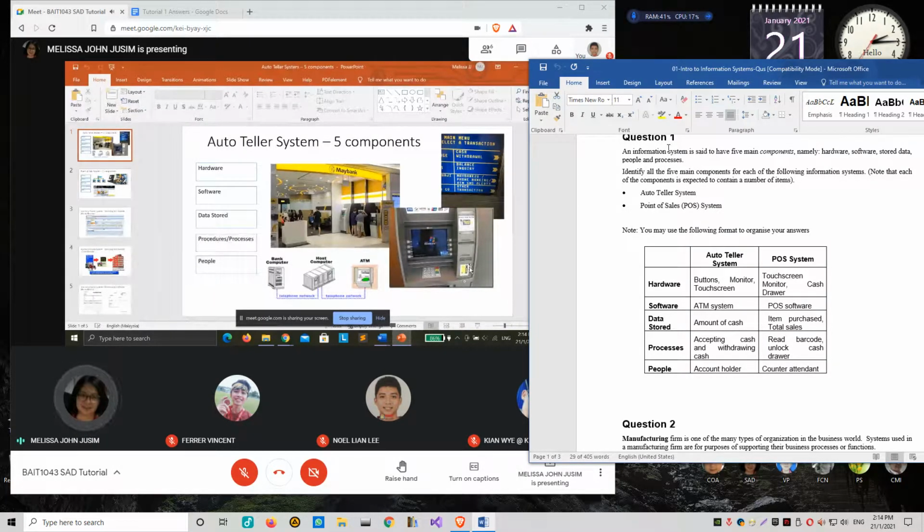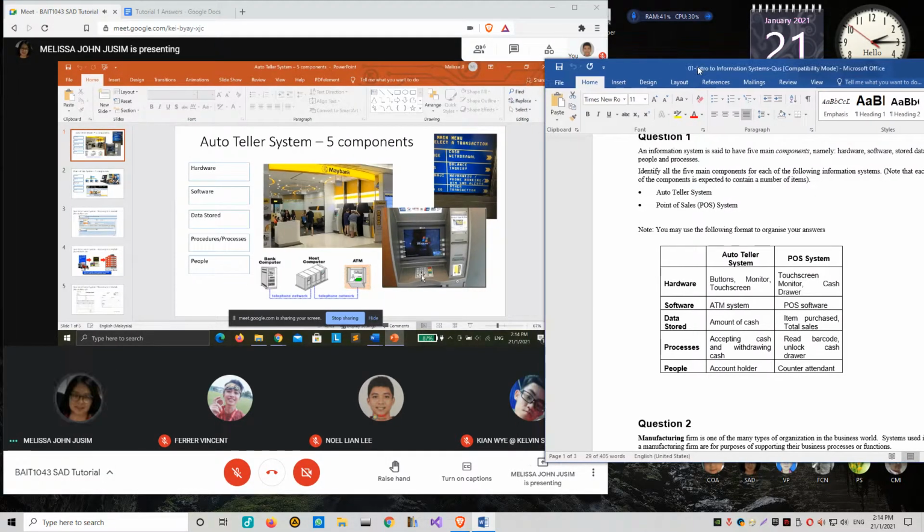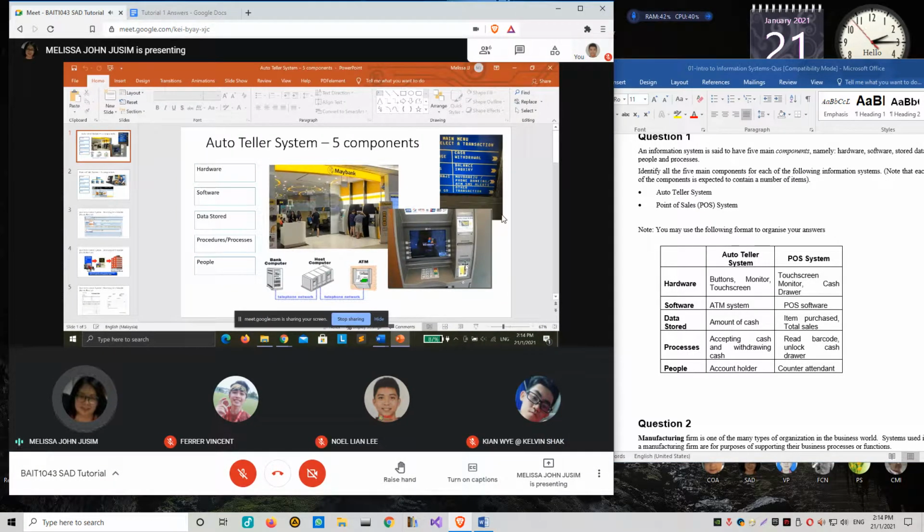Then you can add in the auto teller machine, the machine itself, the auto teller terminal, because the terminal includes the monitor, the keypad, the card reader, and the receipt printer.